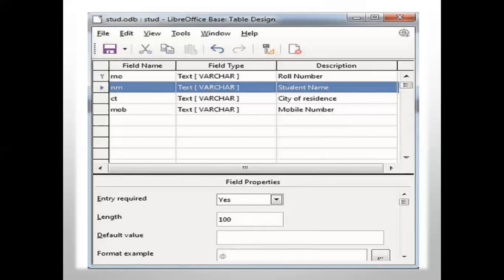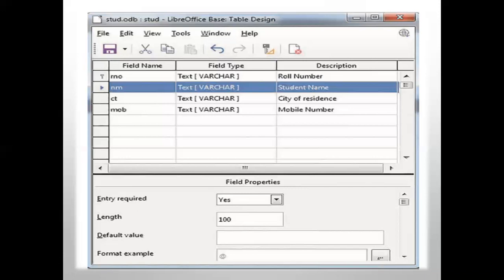Last, click on the save button. When you are saving the table, this structure you have made, click on the save icon, type a name for the table, and then click on the OK button to save the table. So this will create the design of the table, the structure with its fields, data types, and description and the properties in the design view.